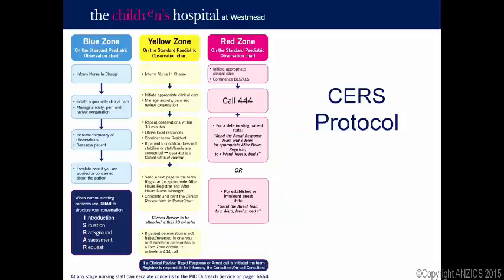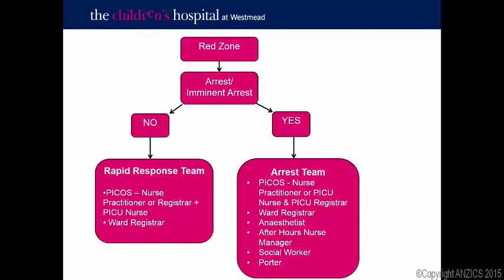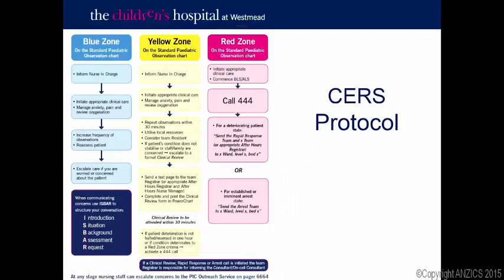This is the local, and I guess this is just me trying to have a talk about how you can have different systems for different level organisations. This is the SIRS protocol for the Children's Hospital at Westmead, obviously where I work, and what we've got here is we've gone for, again, the two-tiered rapid response system. So we have a rapid response system for patients in the red zone, and we've still got what we don't call a code blue, so we've still got our arrest system here.